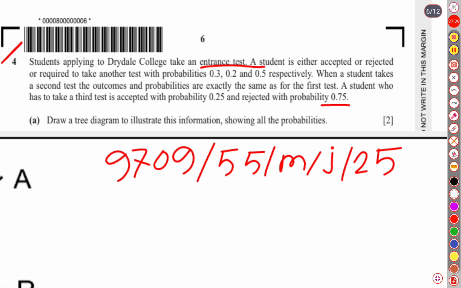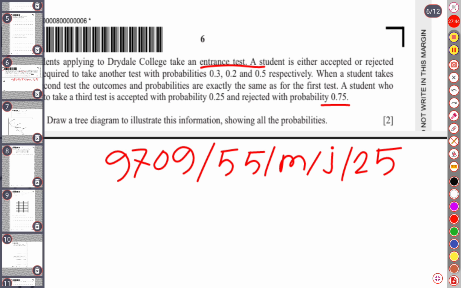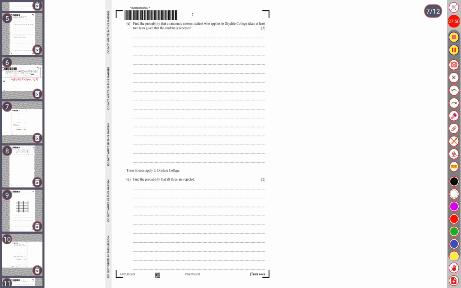The first question belongs to a tree diagram, which doesn't belong to our present topic, but the information may be required for our solution, so we have left it solved here. So let's see question number C. We are going to solve question number C. Question number C says,